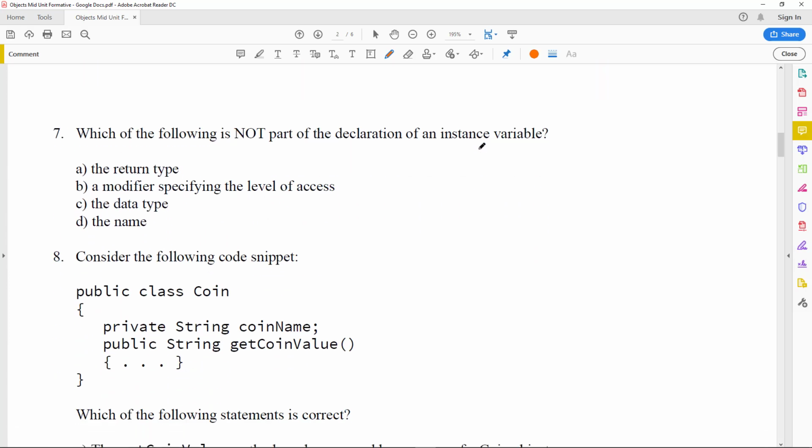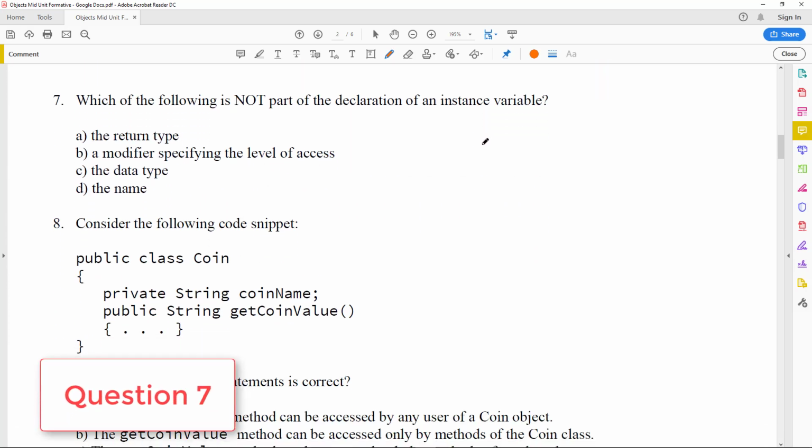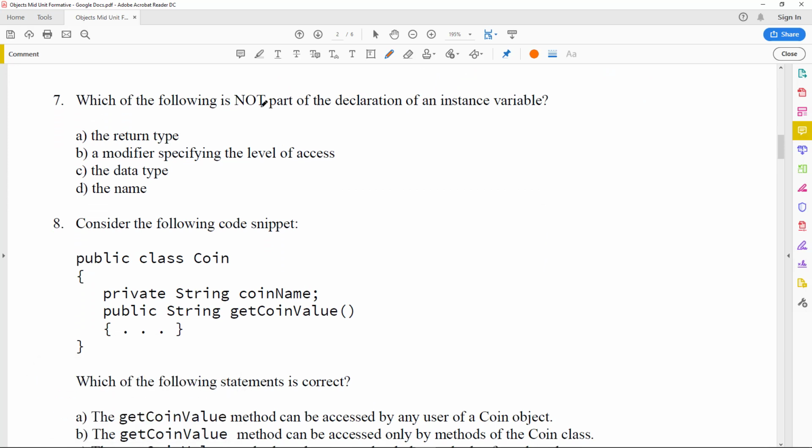Okay, 7. Let's move down to 7. Which of the following is not, capitalized here, part of the declaration of an instance variable? I'm just going to declare one here, and then we'll match up which one of these is not part of that. When we declare an instance variable, we are always writing private, because we don't want anyone to just have access to it. So, private int